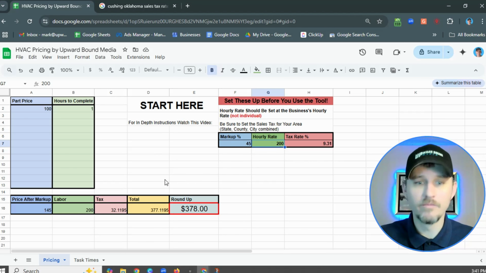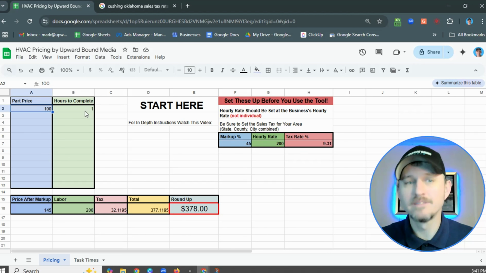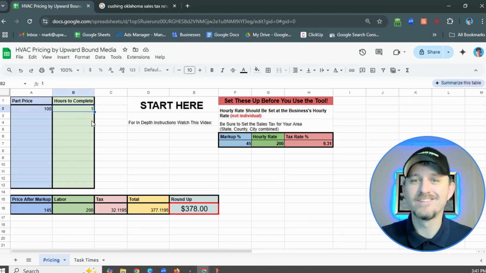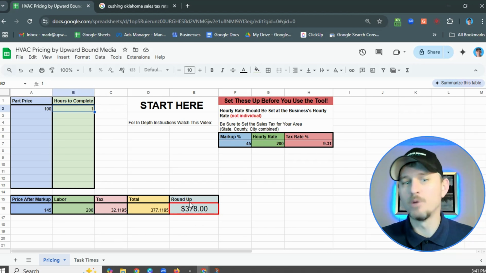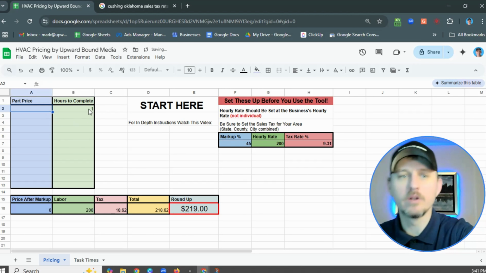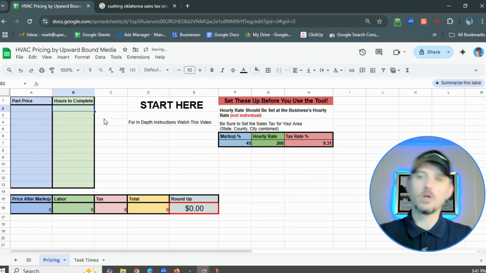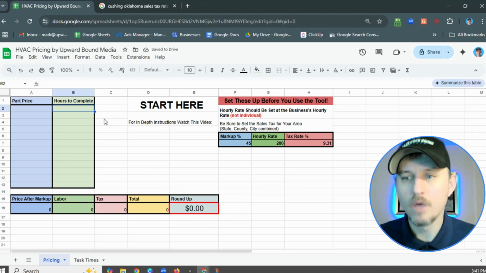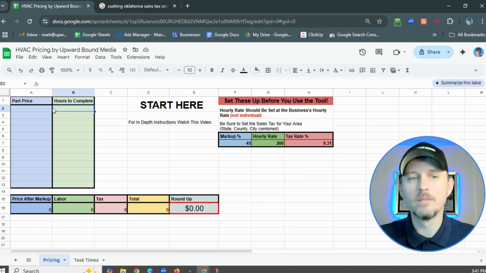And very simply, come up with a flat rate price book for your business just by typing in the price and how long it takes to complete that job. And then boom, you can come up with a flat rate price. Say for instance, we were going to come up with what should our dual capacitor price be? Well, you really just go over there and you look in the book and you say, well, the